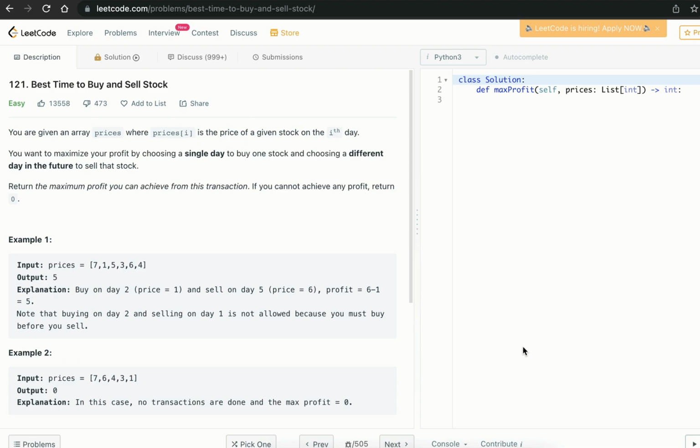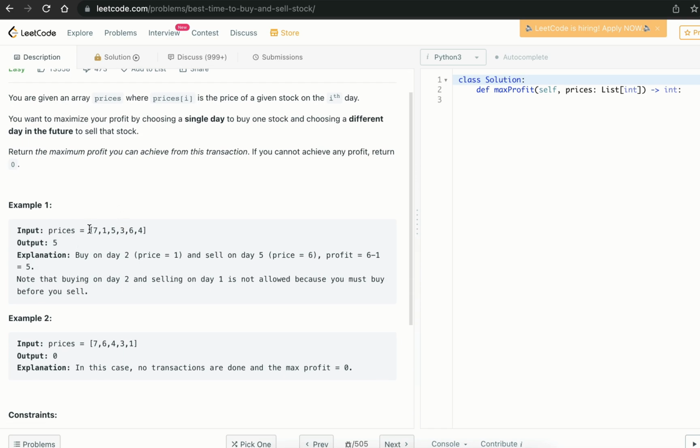Hello guys, today we are going to see the question about the best time to sell the stocks. In this question we would be given an array. We have to find which is the best day to buy the stock and which is the most profitable day